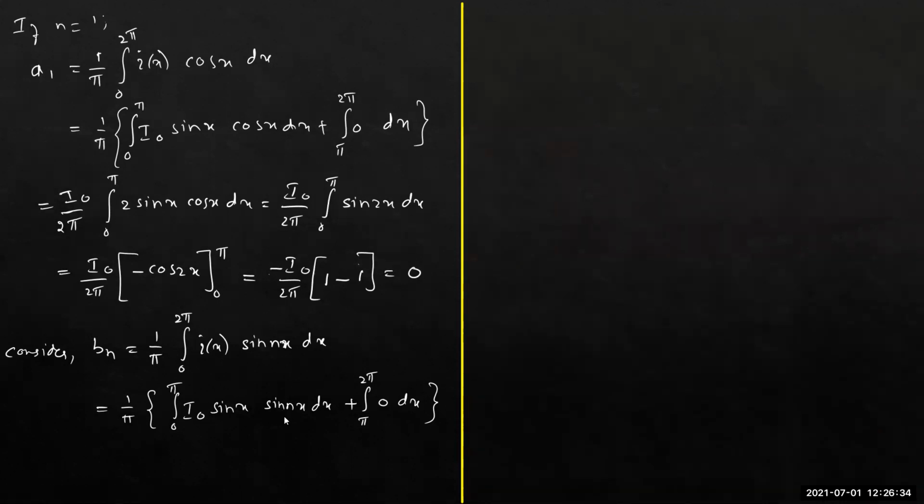See, we did a small mistake here. When you integrate sine 2x, what we get here actually is cos 2x by 2. Of course, in either way we are getting it as 0. That's a different story, but you should correctly write it. So here these become 1 by 2 minus 1 by 2. So it is 0. Correct? Fine. Now let's calculate bn.